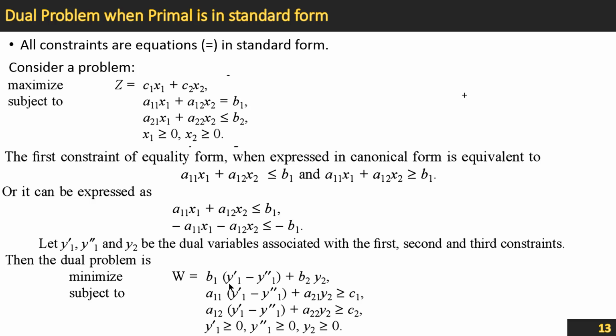Why can we not say anything about it? Because this is y1 prime minus y1 double prime, and we don't know which one is greater among these two. If y1 prime is greater, then this value will be positive, and if y1 prime is less than y1 double prime, then it will be negative, right? We don't know that exactly, so it is unrestricted, or undefined. It can be negative, positive, or 0. So unrestricted, correct? If we consider y1 prime minus y1 double prime equal to y1, then y1 will be what?